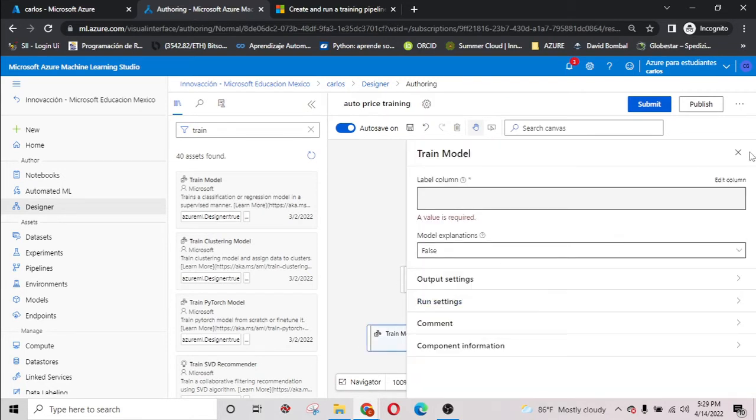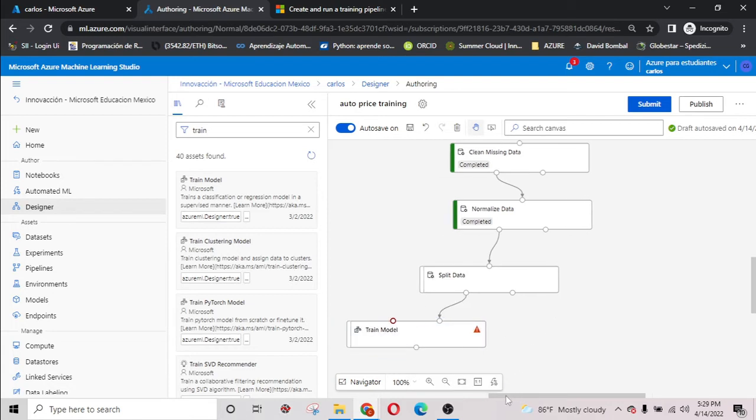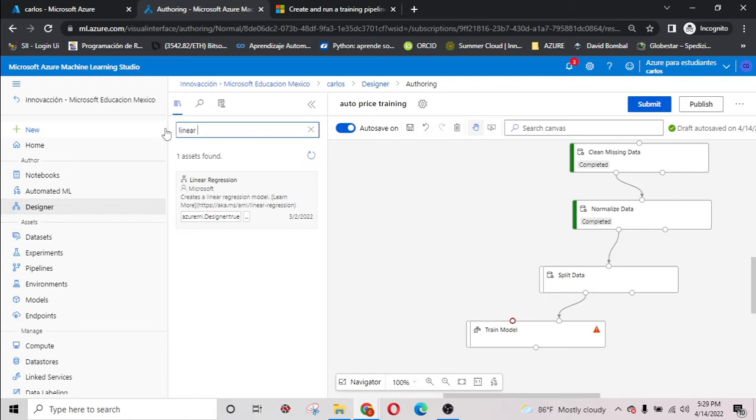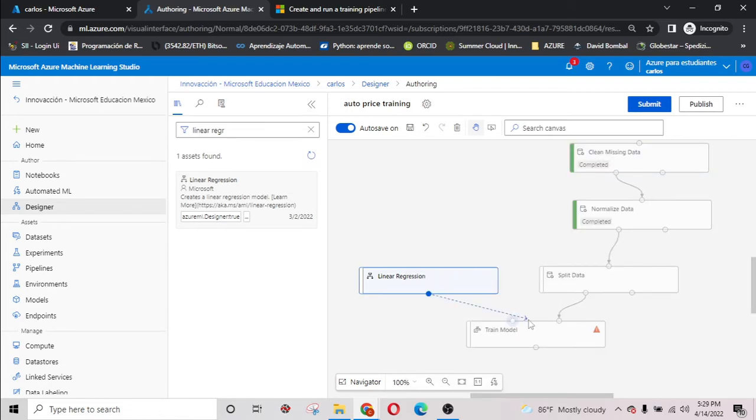We're going to connect. I'm going to modify this later. First, I'm going to connect all. It's going to be to the right input, and for the left input, I'm going to specify the model, the type of the model that we're going to create. This is going to be the linear regression. So I'm going to connect to the left input,